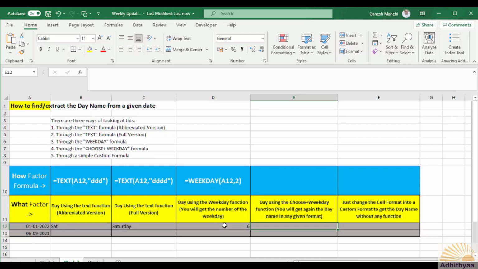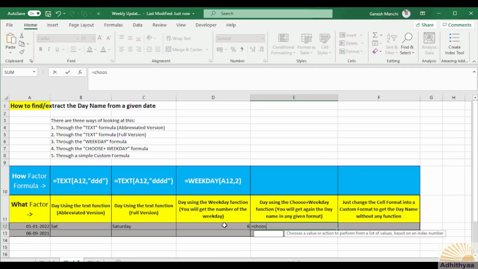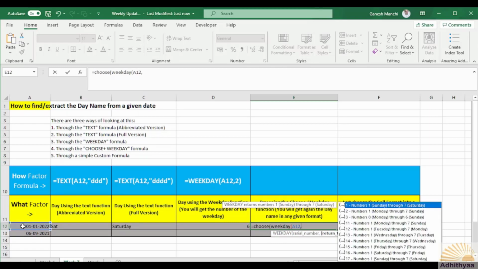So what you need to do is you have to fix this. How can we fix it? Probably we can use the choose command here. Equals to choose open bracket and then followed by weekday, again open bracket, this particular cell reference comma, we will use the same 2.